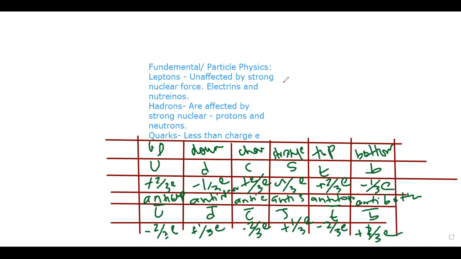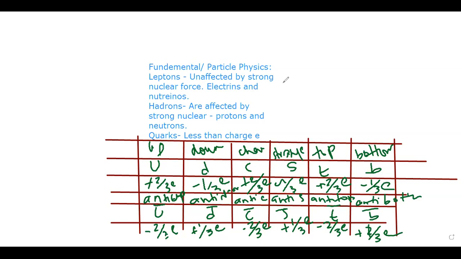So all of these are from the family of your hadrons, right? Hadrons are those particles that are affected by nuclear forces. So all of these particles are affected by nuclear forces. These are the different quarks, or the different families, that you can find inside the hadrons. So quarks are found in the hadrons, and there can be different types of quarks. This is something you will have to learn.